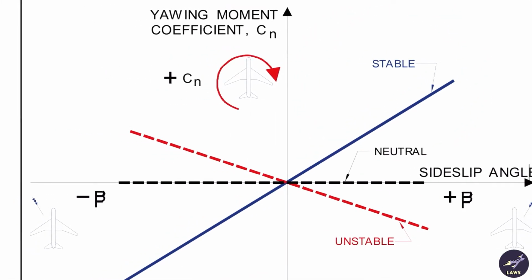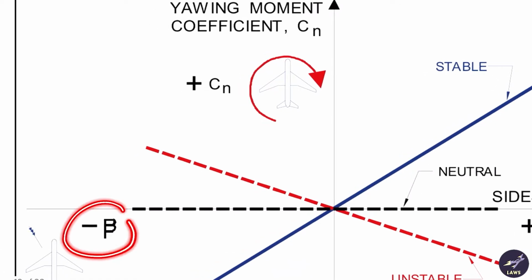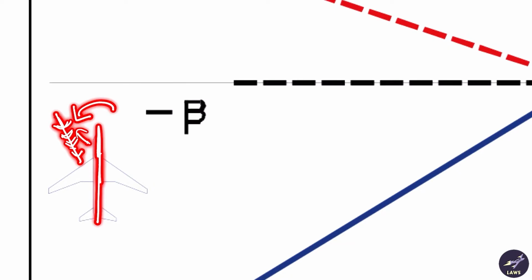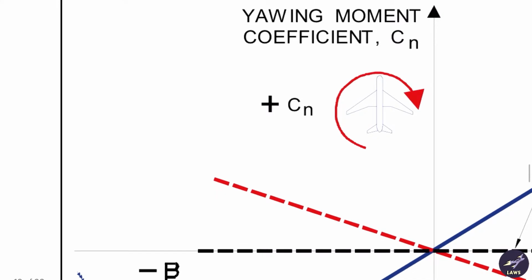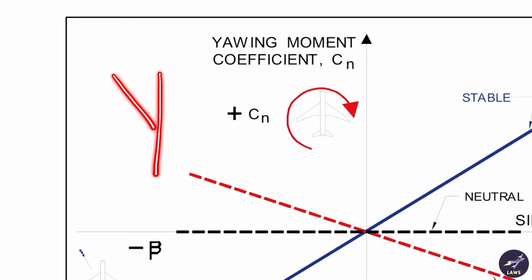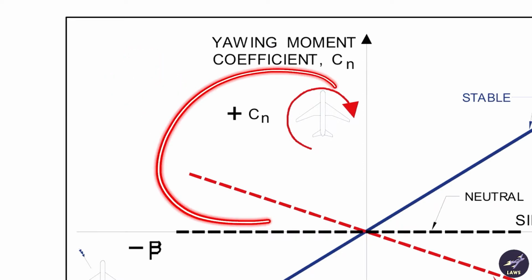If we look at this quadrant, we have a negative side slip, as we can see here. The aircraft is moving towards the left and we have relative airflow coming from the left. The aircraft's nose is towards the right, so we have to go towards the left to be in equilibrium. But we have a positive Cn here. If this is the longitudinal axis and this is the relative airflow, we want to go here, but the yawing moment is taking it in the opposite direction, so it is unstable in this case.